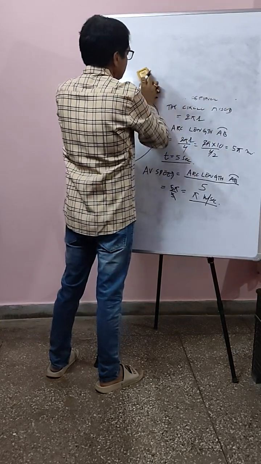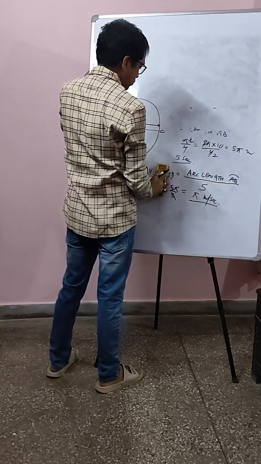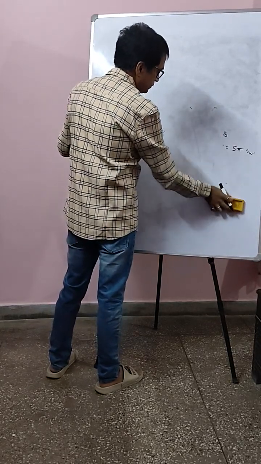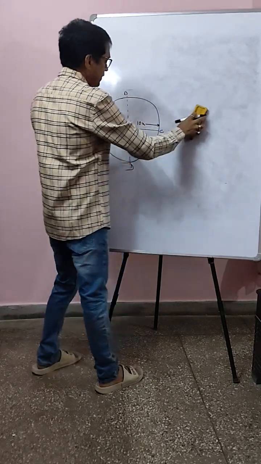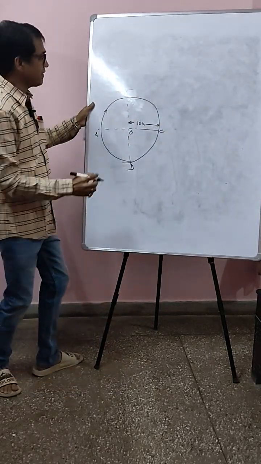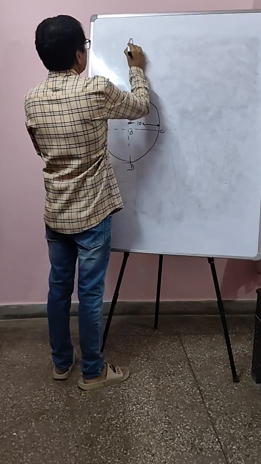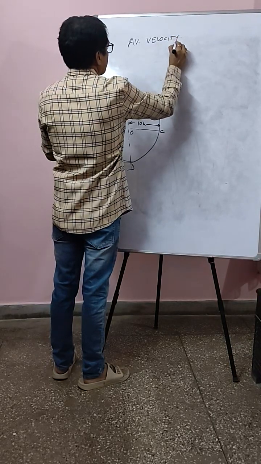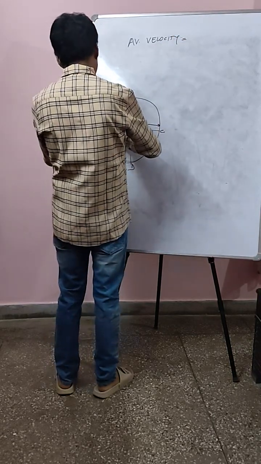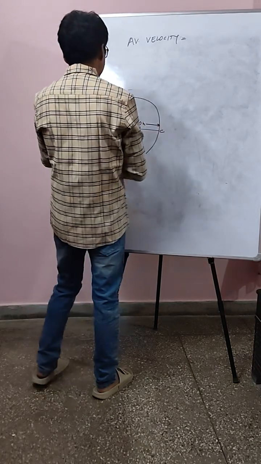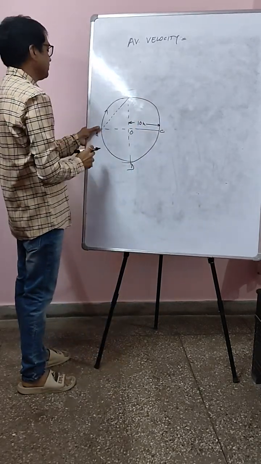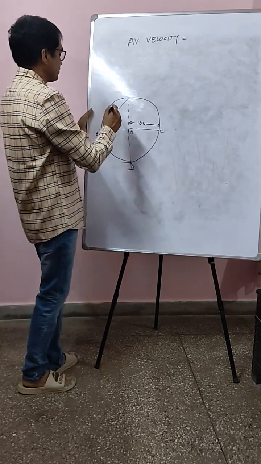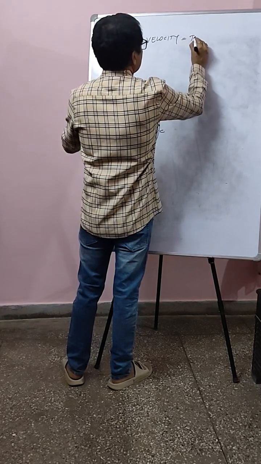Second part of the question, we have to find what is average velocity. So we connect these 2 points. This is the displacement from A to B. We connect A and B, and this becomes the displacement. Average velocity equals total